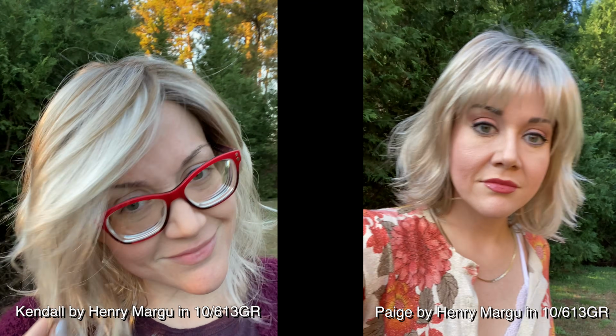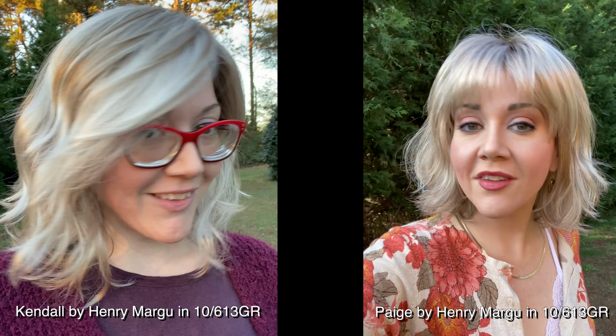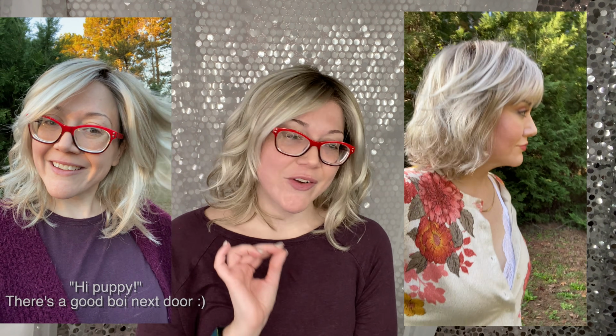I also shot this outside so you could take a close look at what this particular color looks like in sunlight. If anything, I think that whether you're looking at it in the Paige or on the Kendall, and whether or not the light is direct or not, you can still see how ashy this color is. And I will dissect the color in just a moment. I just want to get these comparisons out of the way